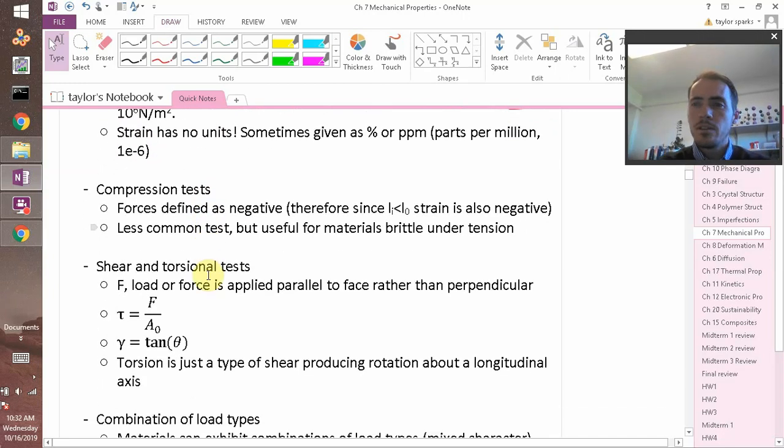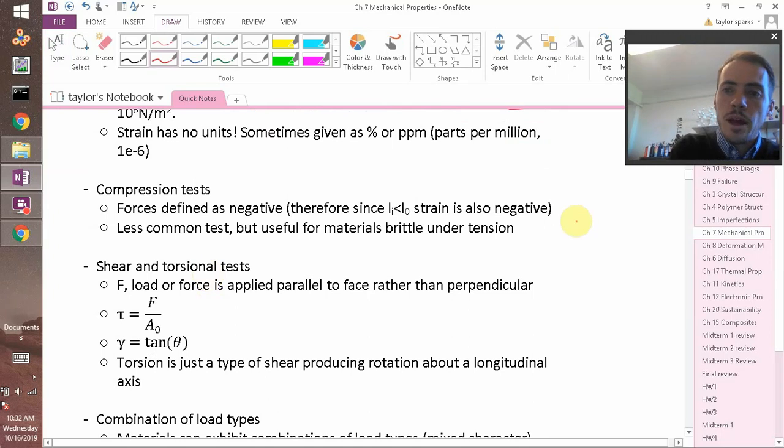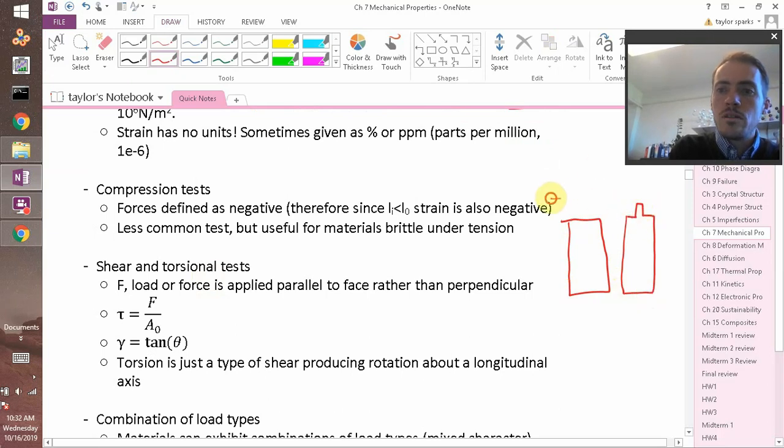Okay, compressive tests. You don't need dog bone samples for these typically. You can just take cylinders, like a little battery shaped, and you just squeeze on it, if it has a flat surface, right? Imagine this. Let's say you've got a sample like this versus a sample that's actually shaped like a battery, which is like that. If you squeezed on these two things, so you've got a plate coming down on them,